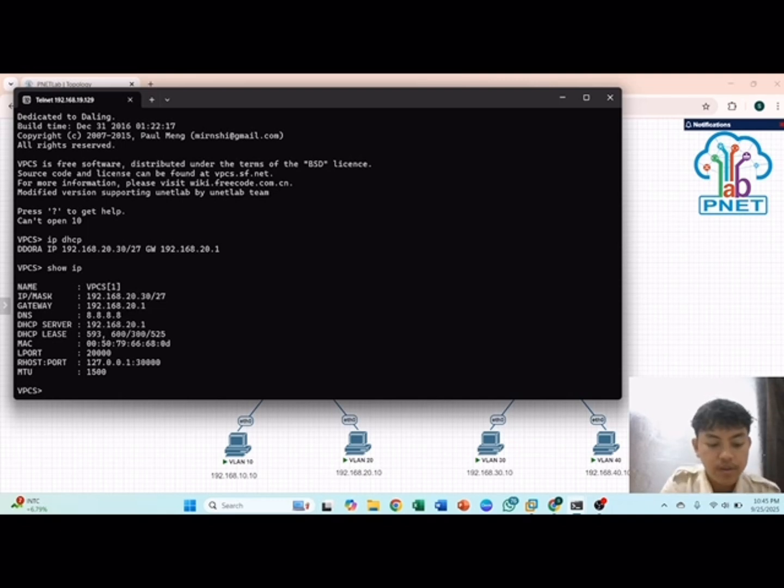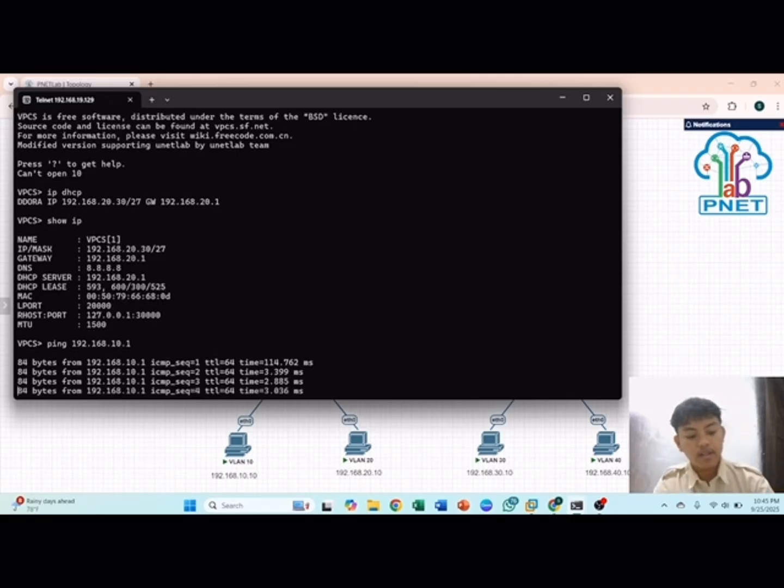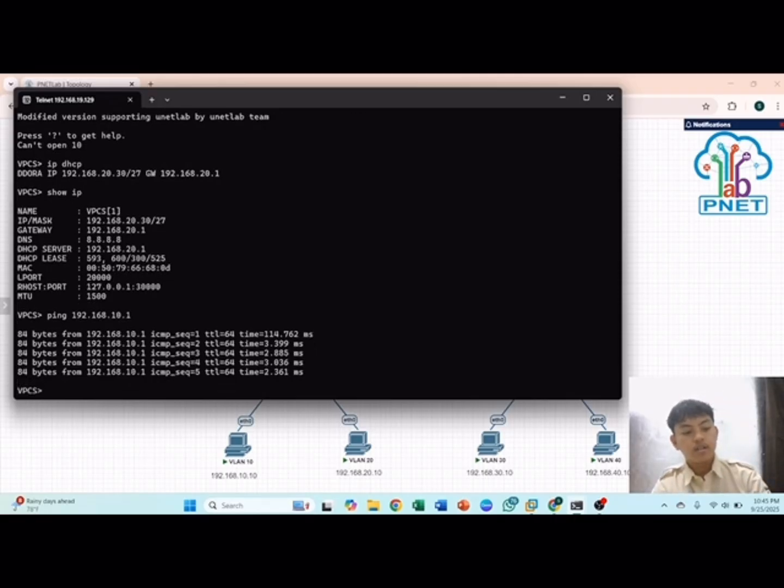And you can try to ping the gateway, 10.1. Reply. And you can ping to the, oh, I forgot.